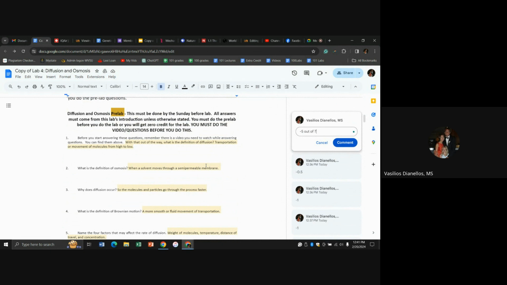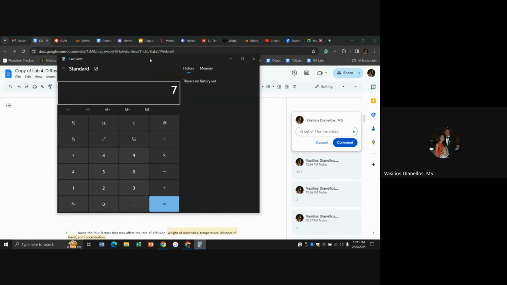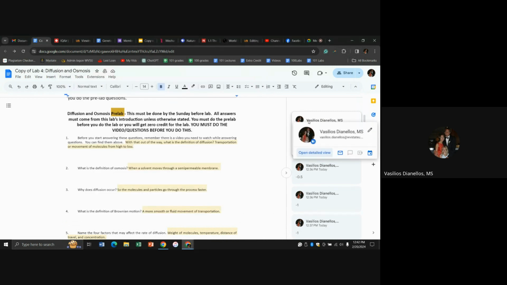And this is really basic math, but I'm going to go ahead and do it in the calculator to show you how it works. So like I said, we had 7, right? But you missed 5, so minus 5. Oops, that leaves you with 2. Divide that by 7, and your percentage is 0.28 blah, blah, blah percent, right? So multiply that by total points possible, which is 5, right? Because pre-labs are worth 5, so you earned 1.43 points. 1.43 for the pre-lab. So write that here, 1.43